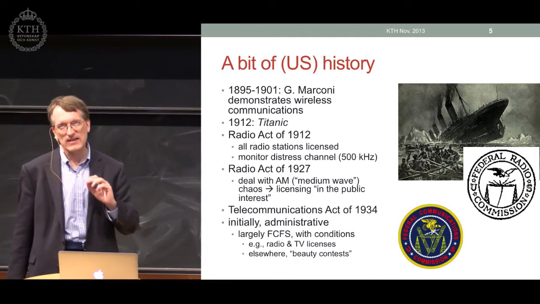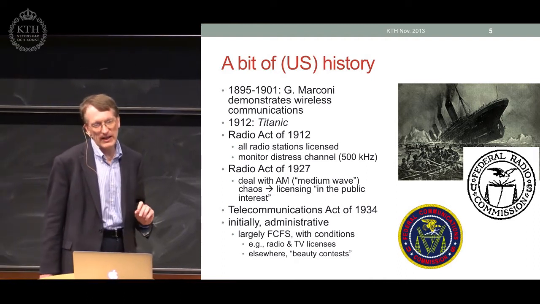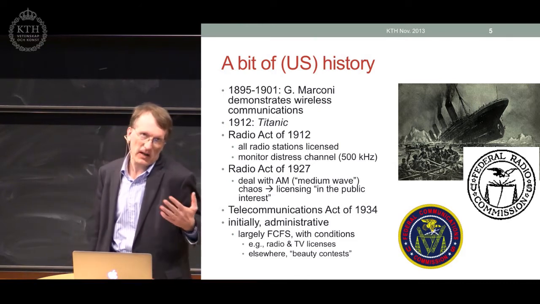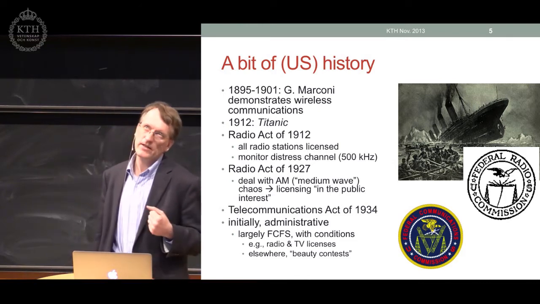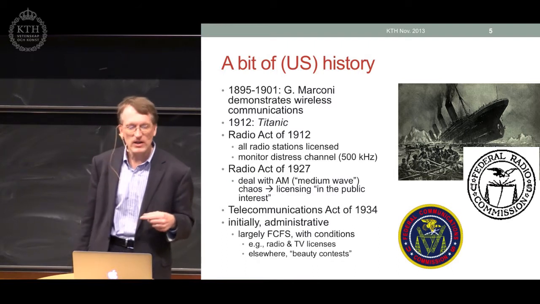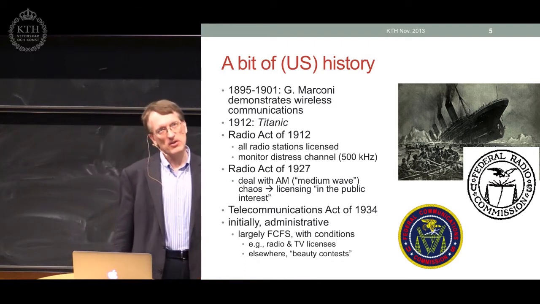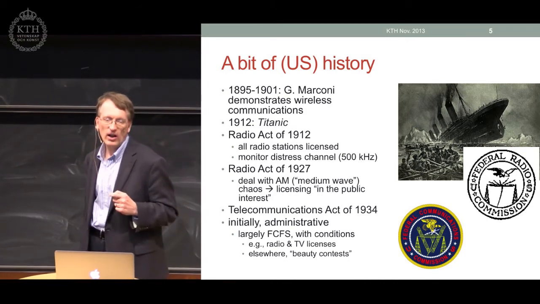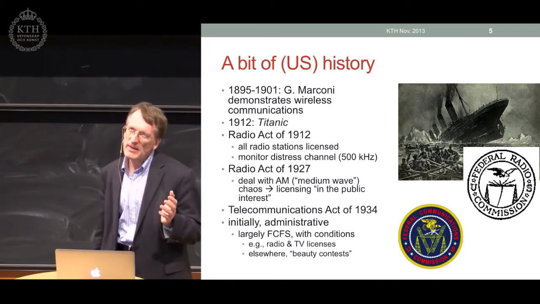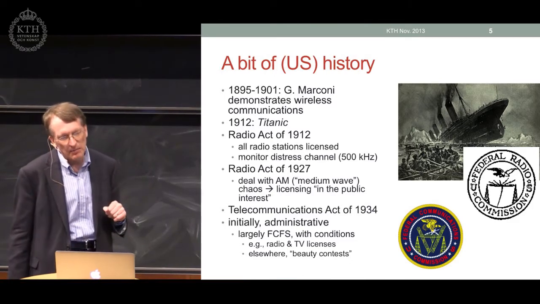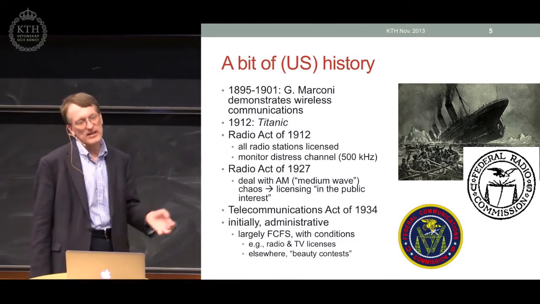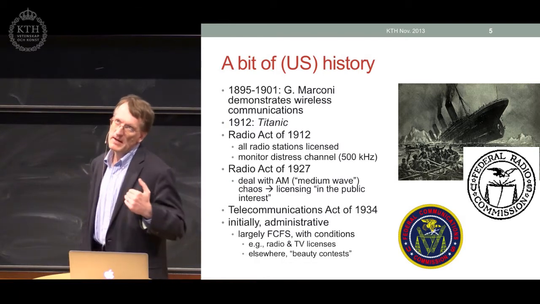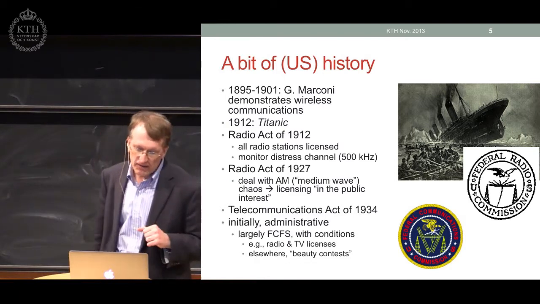We have to license radio stations as well, and you have to get a license for that, because frequencies are a scarce commodity. At the time, you could only get medium wave. There was no FM, no ultra shortwave radio at all. So you only had maybe 20 or 30 frequencies available to radio stations, so you had to license yourself for that. And so this is when we had the first government entity doing that. And then in 1934,